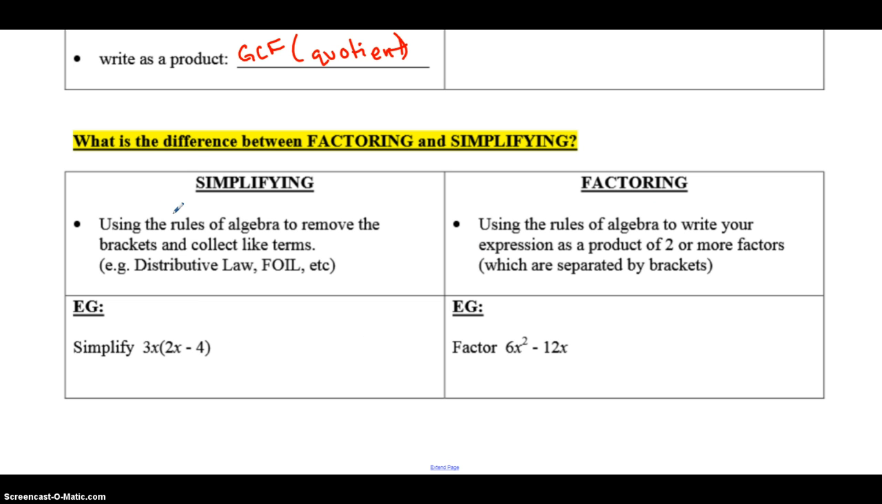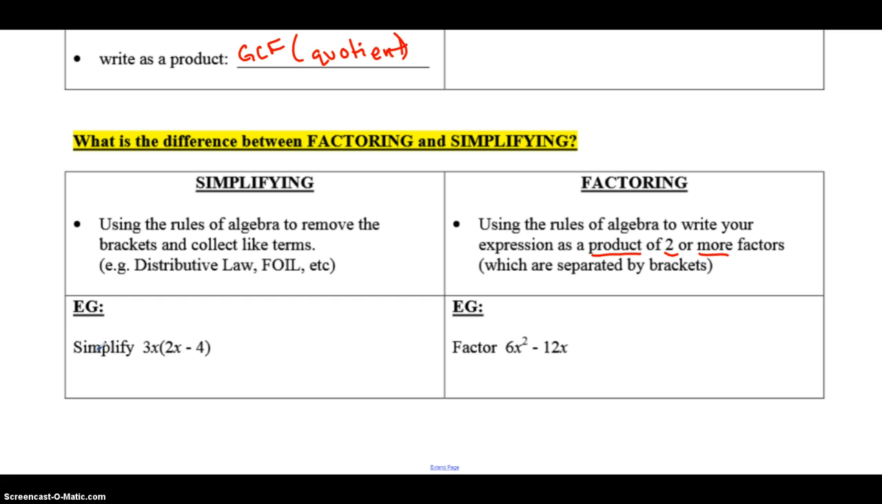So moving down the page here, the difference between factoring and simplifying. Simplifying is when we use the rules of algebra to remove the brackets. So things like distributive law, FOIL, collecting our like terms, maybe adding or subtracting polynomials that have brackets around them. Factoring is the opposite of doing those things. So it's taking a simplified expression and we end up seeing those brackets. So we write our expression as a product, meaning multiply, of two or more factors, and we separate them with